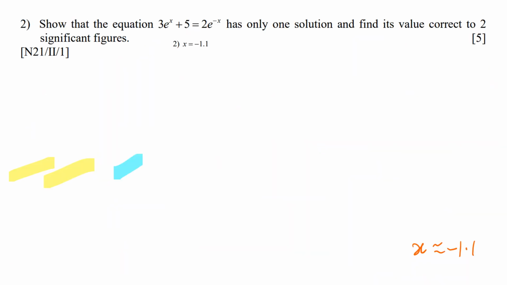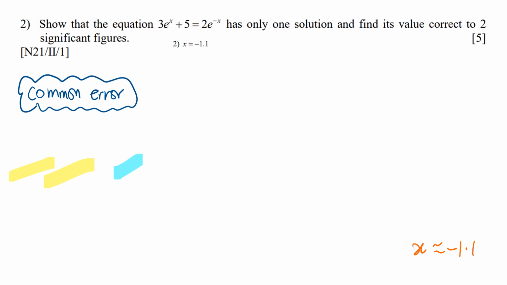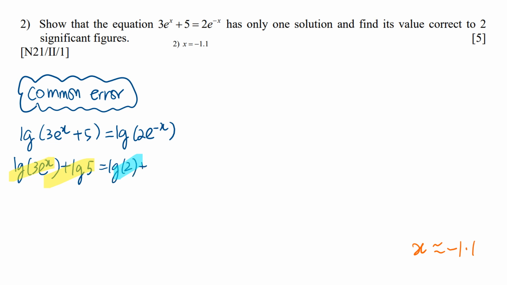Alright, let's look at question 2. So for question 2, I am going to show you one common mistake that some students may make in trying to manage this question. Yes, and some students may just bring common log to both sides. And then this is what some students may do. Okay, right. So the danger of doing such thing is